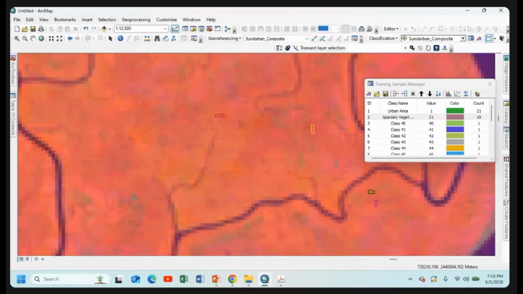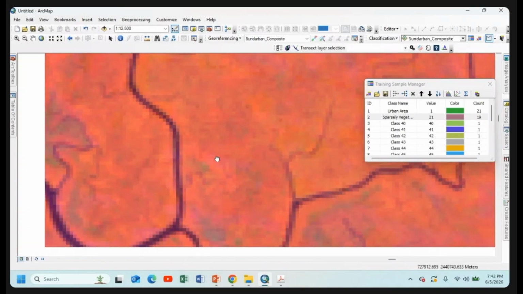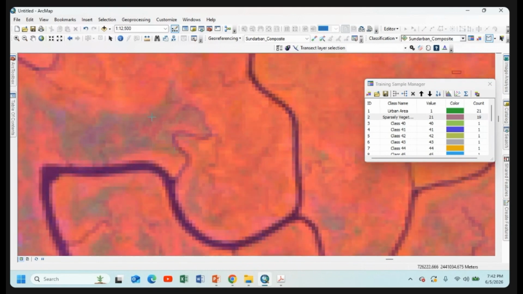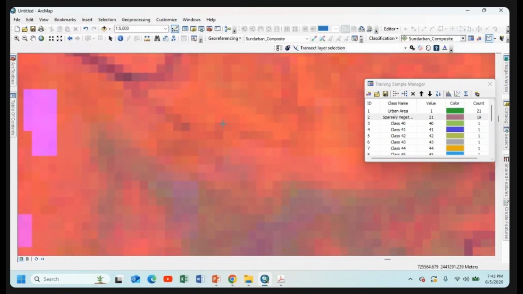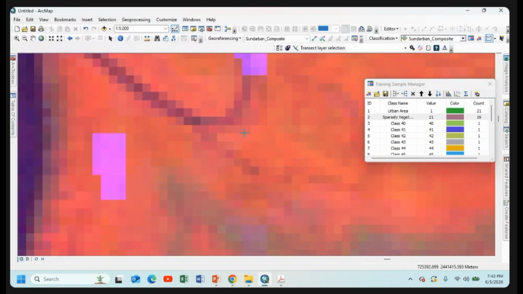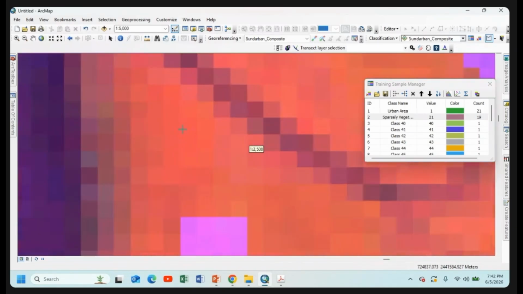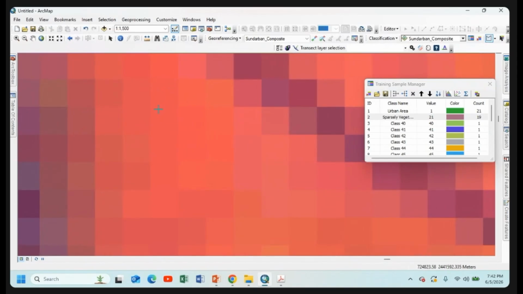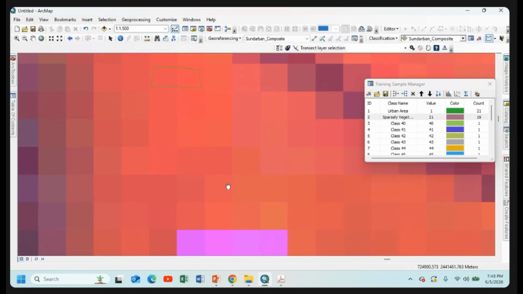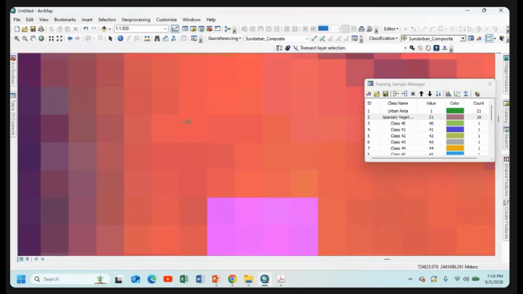SVM creates a marginal line between two feature classes, but MLC cannot. So in SVM, if you have some mistake in choosing the training sample, it will be omitted, but in MLC, it will be highlighted by choosing the wrong pixel. As we are doing the two systems, we will try to take accurate pixel size.